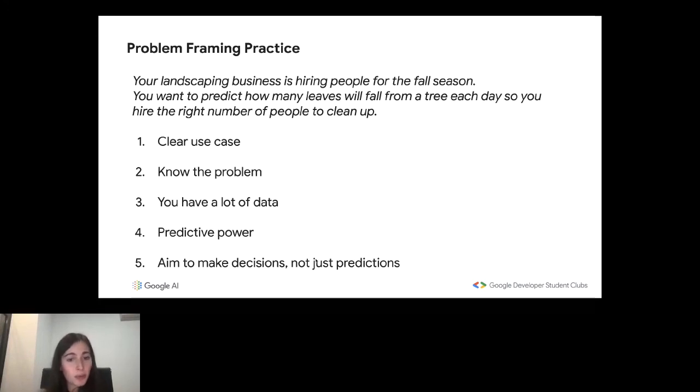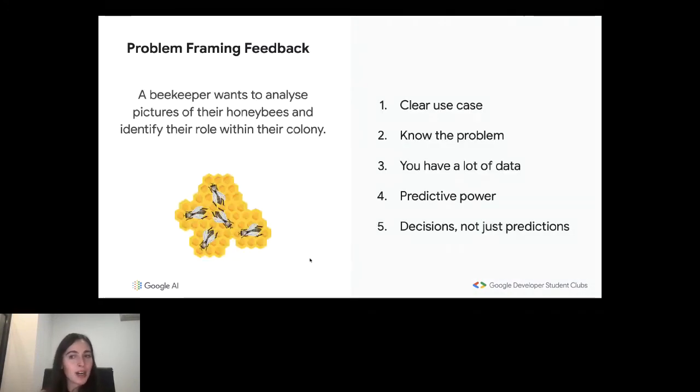What this last point is saying is exactly that we're aiming to make decisions, not just predictions. We don't want to make machine learning models just because it's fun, to get a prediction where it all ends there. We want to build them to make a decision, in order to be useful. So I'm going to leave you a couple of problems here that, if you want, you can have a look at.